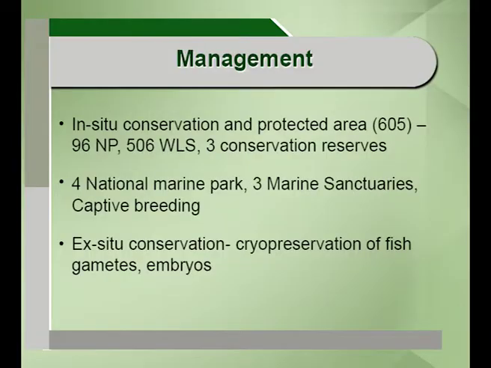Another important thing is we need to document the fish biodiversity, and there are many in situ conservation measures. We have a group of protected area networks, 4 national marine parks, that is Gulf of Kutch, and in the Andaman and Nicobar we have it, Gulf of Mannar we have it. So these are the national marine parks we have. There are so many, but 4 are very important. Marine sanctuaries, Gahirmatha is a very important one, and Malvan is a very important one as far as the Maharashtra region is concerned. There are many important sanctuaries.